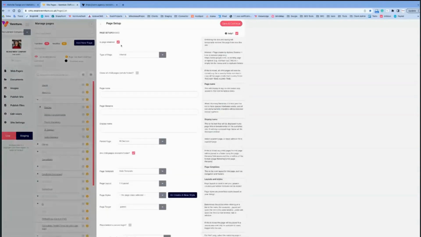And this will then bring up the back end of this new web page, okay? So you're now going to start building out this new page, okay? So you've got your page name here. So I'm just going to put test page. The file name, so the file name is the URL. So anything that comes after the /, so it'll be